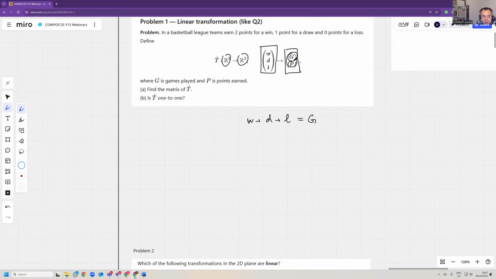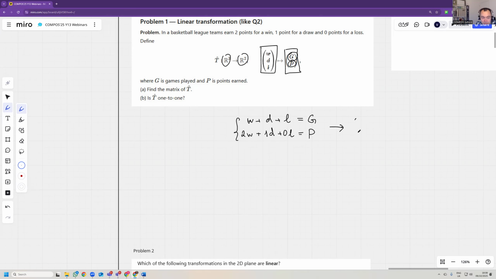If you want to know the number of points earned, you know that you earn 2 points for each win, plus 1 point for each draw, and 0 points for each loss. And this is the system of equations which can be turned into matrix form